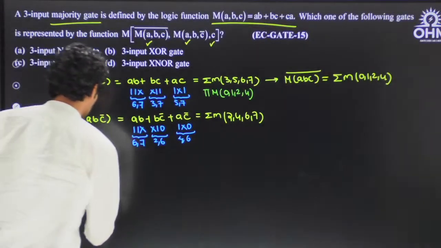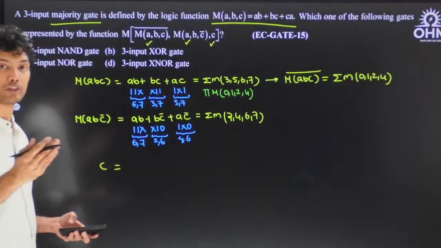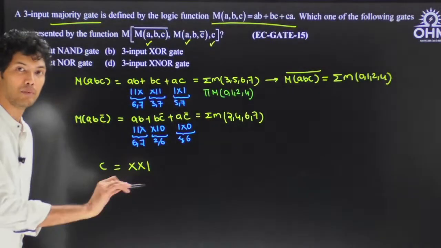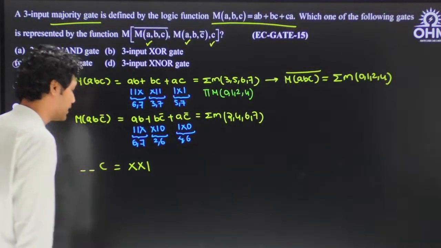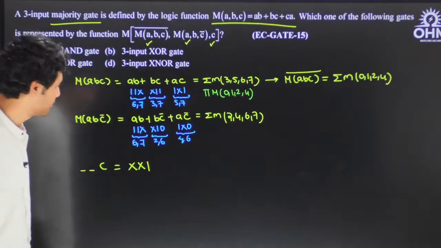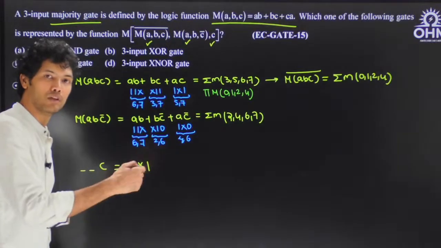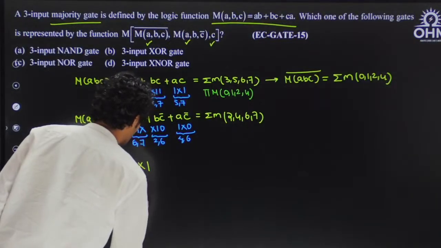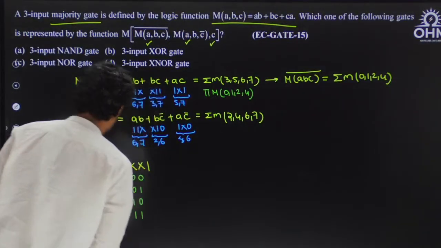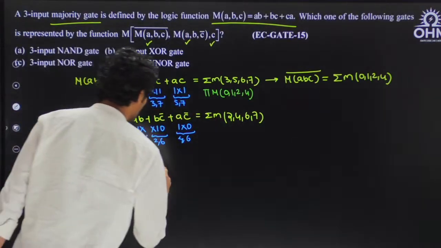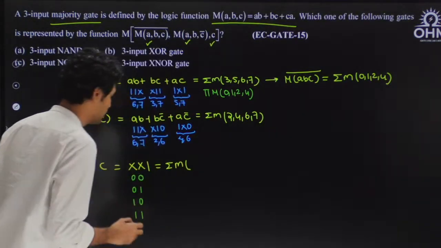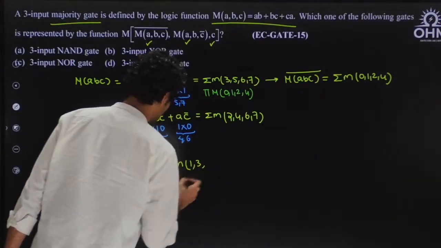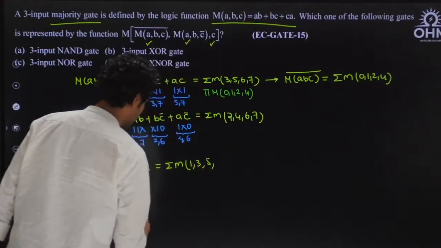But we will write C also in terms of minterms, having 3 variables. So I can write C as nothing but x, x, 1, because AB is missing. Usually we have to take ABC variables, right? AB is missing, and hence I have taken 2 x terms here. So I substitute xx as 0, 0, 0, 1, 1, 0, 1, 1. I am doing all the 4 substitutions here for the x terms. Then accordingly, what are the index numbers we'll get here? 0, 0, 1 is 1, 0, 1, 1 is 3, 1, 0, 1 is 5, 1, 1, 1 is basically